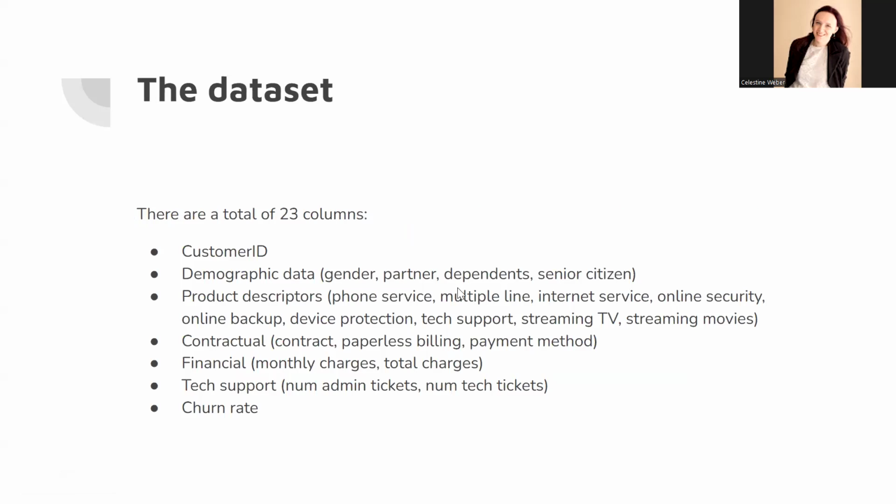So now the data set itself. There are a total of 23 columns, and I've broken them up into different categories. So we have, of course, the unique ID, which is